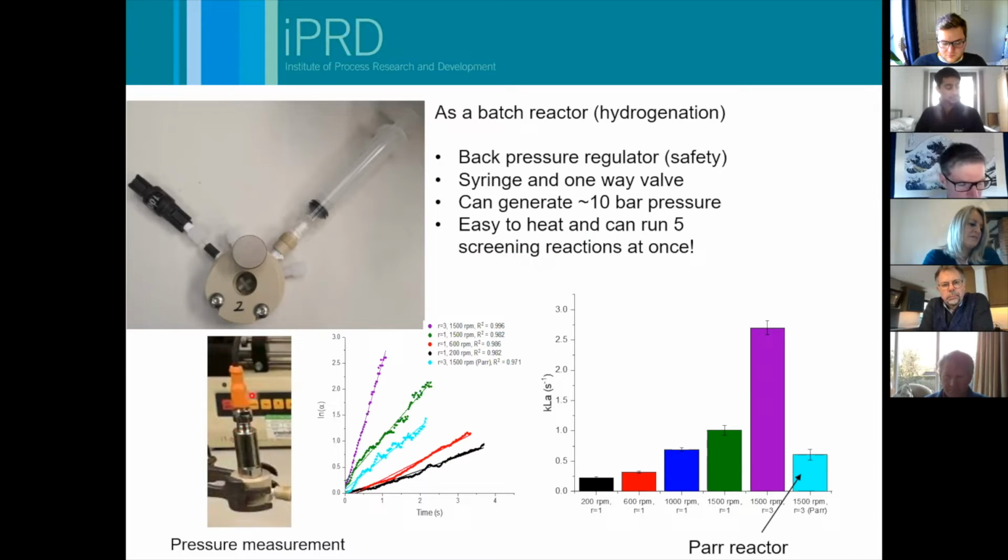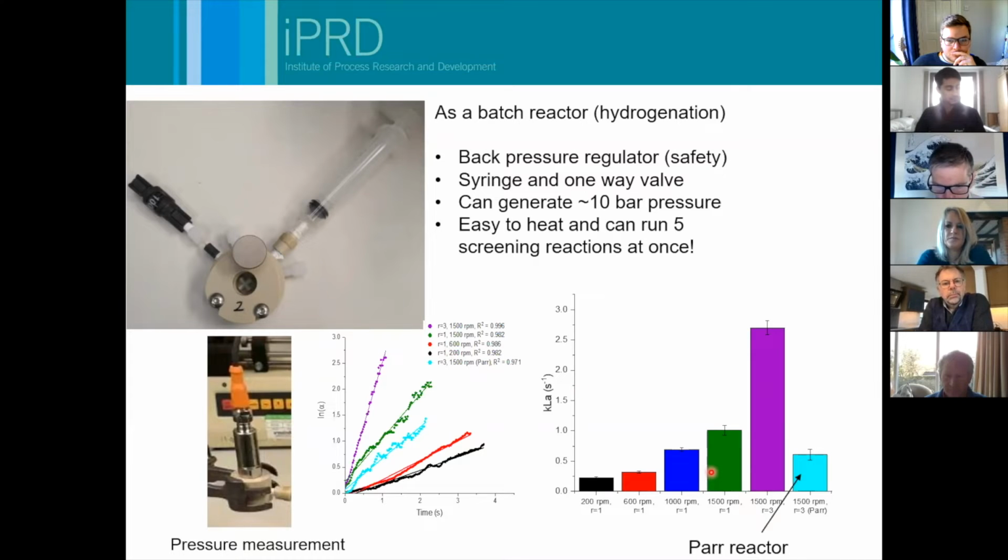We also did some work where we were measuring the pressures within the reactors. So this is a standard pressure probe and an adapter, and there would be a pipe that went from there into our reactor. And from that, we were able to get some mass transfer characteristics. And actually we found, so this R number is the ratio of gas to liquid. So we found for a particular R number and a particular rotational speed, we got really good mass transfer characteristics